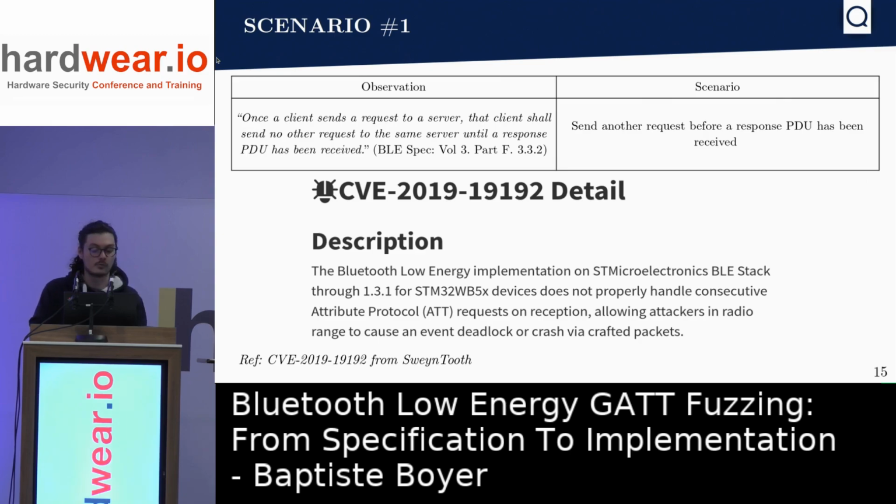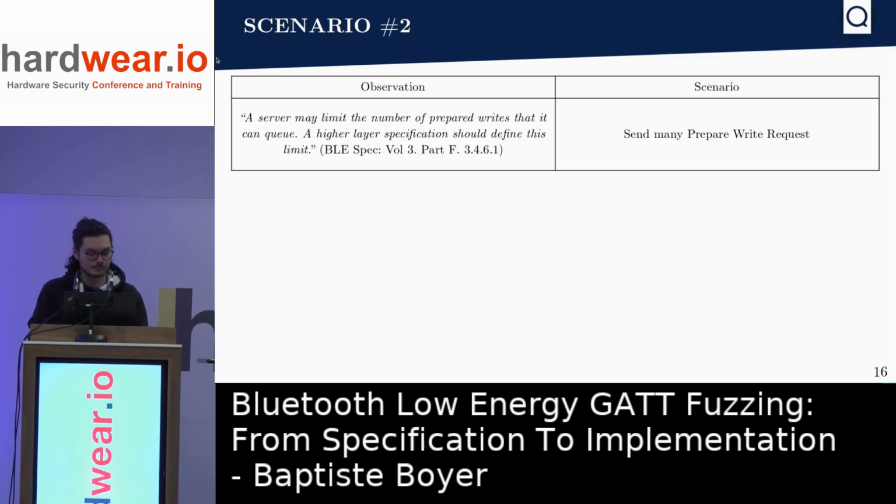But here I give a reference to this CVE that is taken from the SweynTooth set of vulnerabilities. And in fact, it was exactly this for the BLE stack that was provided by ST Microelectronics to be used with their own devices. For the scenario number 2,